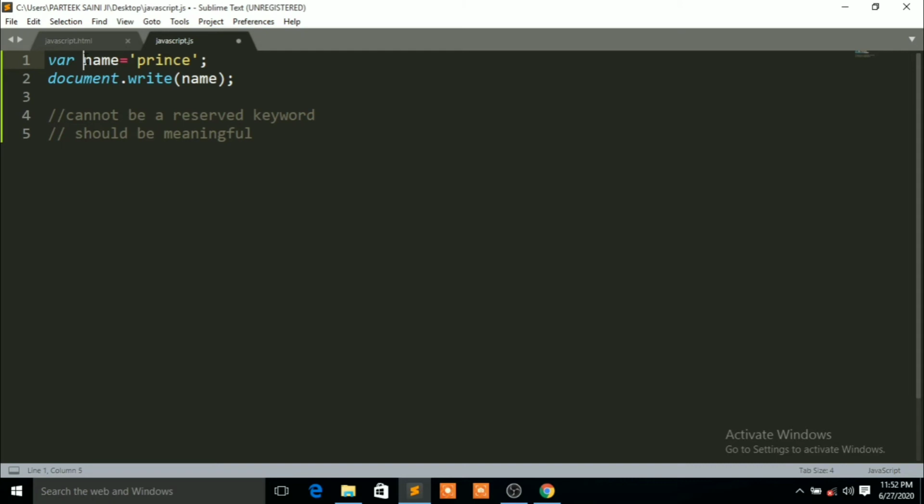Now the third rule is that, friends, a variable name can't start with any number like 2 and then name, so it will give an error. And then the next is that in variables there will be no space. Okay, that is name, and if you write anything, there will be no space in the variable. Okay friends, so this is the concept of the variable.